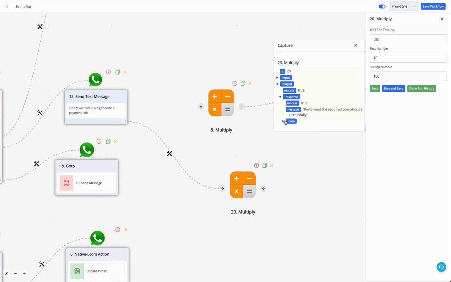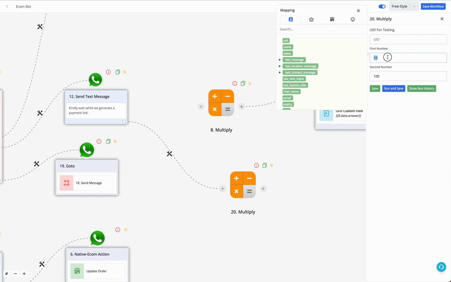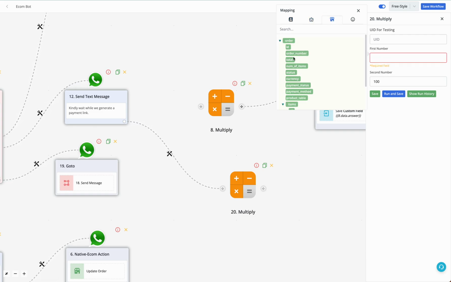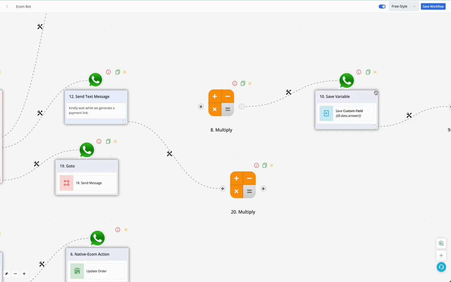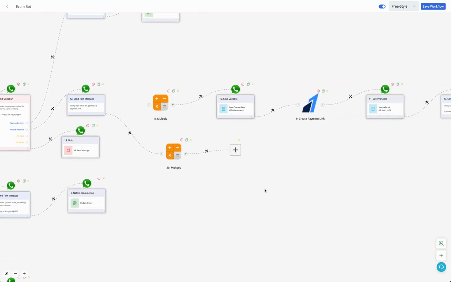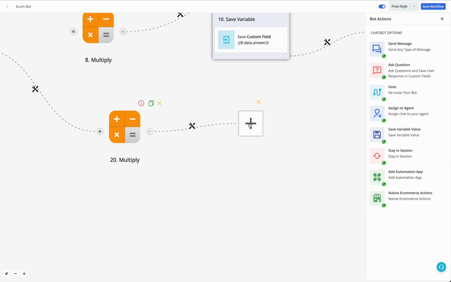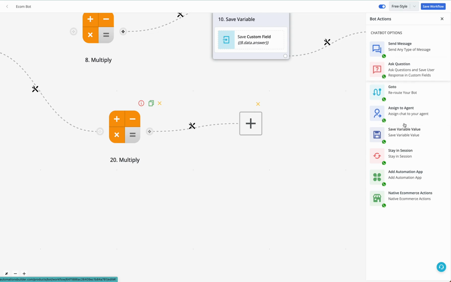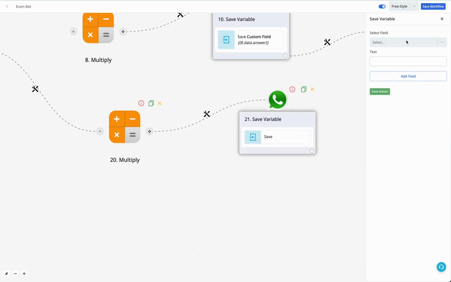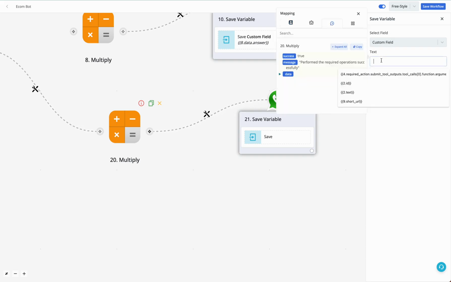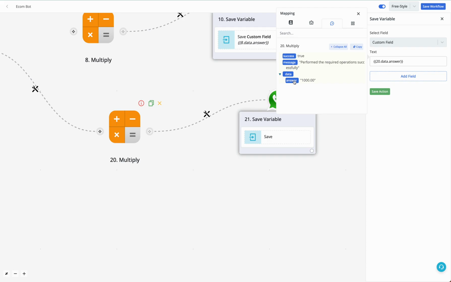So we have the test value of 1000 here, and now I'll replace the first number with the order total and I'll simply click on save. I won't click run and save now. Now in case of bot, you need to save the output to a custom field. So either you need to have the custom field pre-created or a bot field pre-created, or you can save the workflow and then create it. Now I have already created a few extra custom fields, so right now I'm saving the order total multiplied by 100 in the custom field called custom field, and here in the output I'll simply select the option as answer